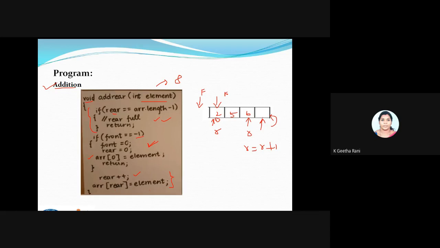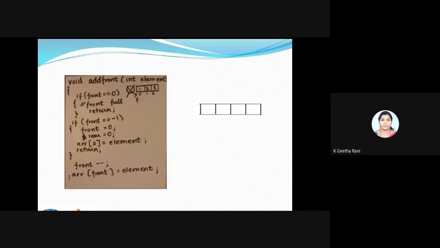Fine, so next one is add at the front. It's very new for us. Fine, so we won't be using this addition at the front end, but now we are going to use it. Okay, so since I'm going to add it, it's not going to return anything for me, give it as void, and I'm going to pass an element here. Fine, so initially what happens, where will be the pointer, assume the pointer is going to be here.